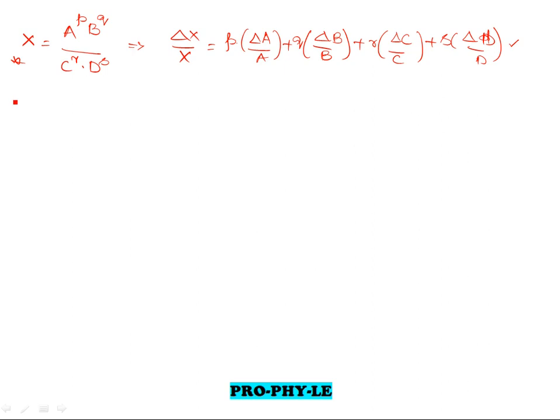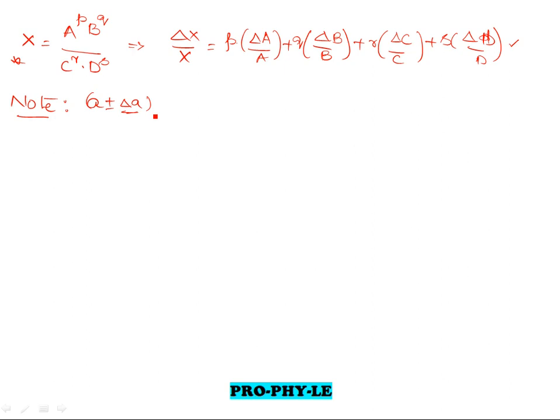And similarly, I'll have to add two note points. The first note point is like this. If you are not given the absolute error in a measurement, suppose you are not given this delta A value, because in all calculations of errors this delta A, delta B, delta C, delta D plays the key role, that is, absolute error or mean absolute error plays the key role.